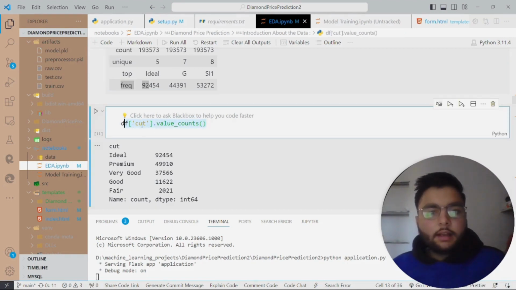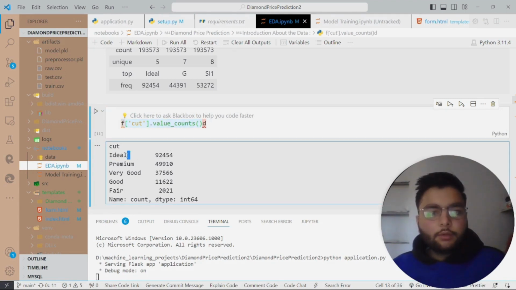After that, we have checked the values for a particular column. Let's say in the cut column, we have the total data of 92,454 in ideal and 49,910 in premium. As we move ahead, there are 37,566 very good quality diamonds.